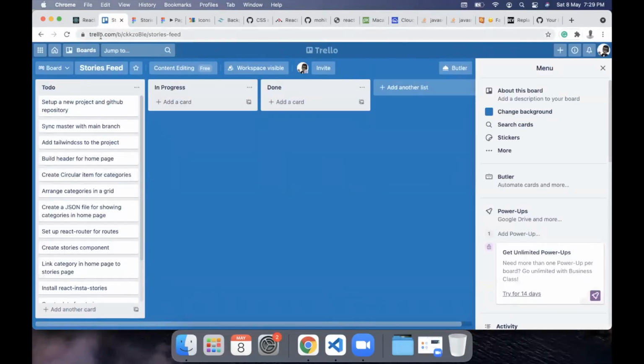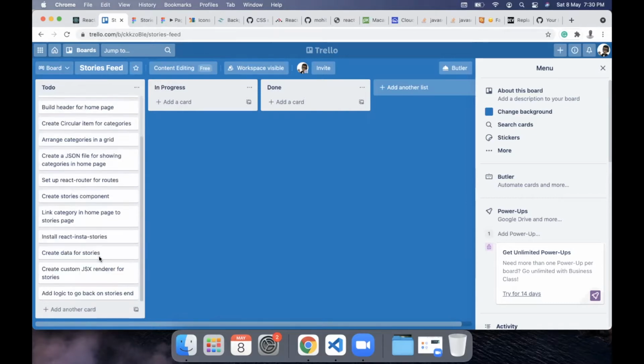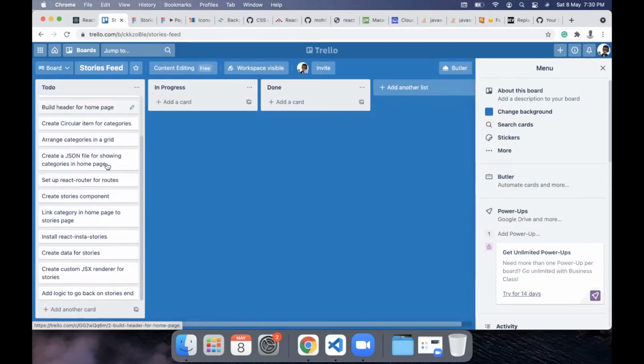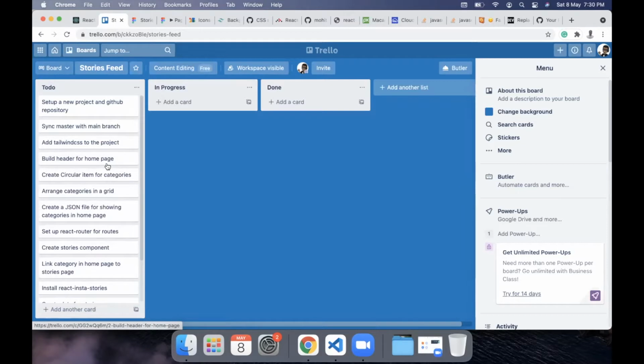Trello is a task management tool. Whenever software engineers start creating a project like this, they typically divide the entire project into tasks in the industry. So what I'm going to do is divide the entire project into different tasks, and we are going to complete the tasks one by one so that we have an idea of how the progress is happening in this project. And this will teach you how to manage complicated projects as such.